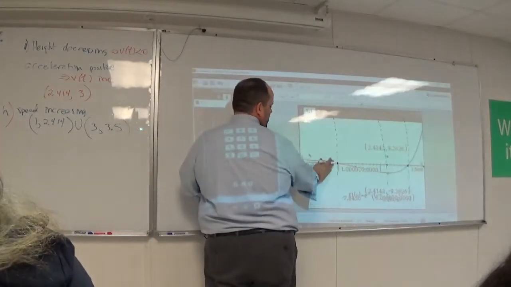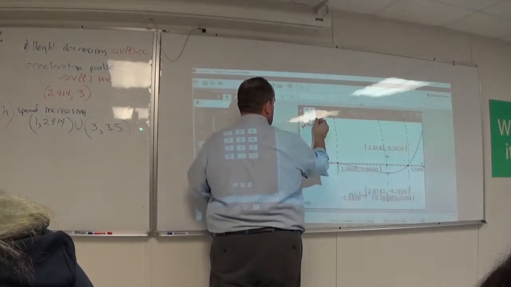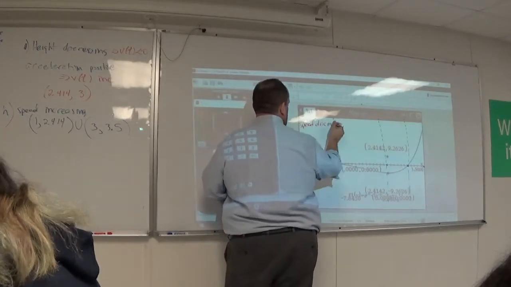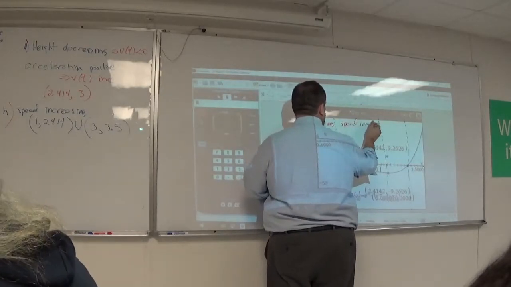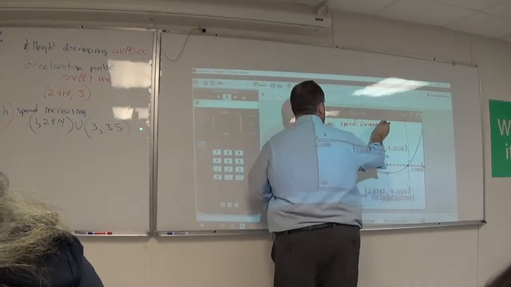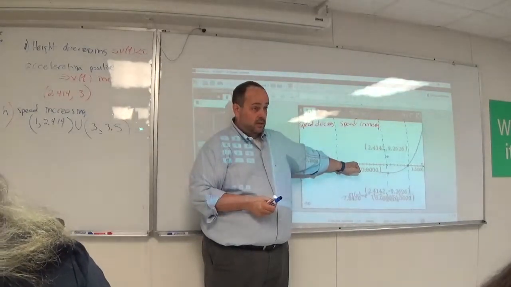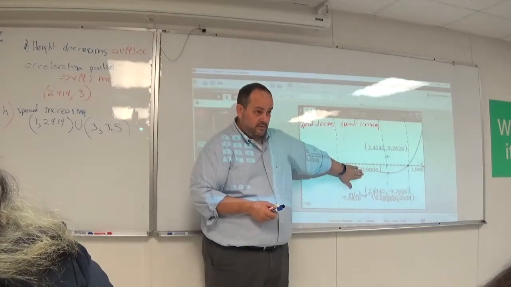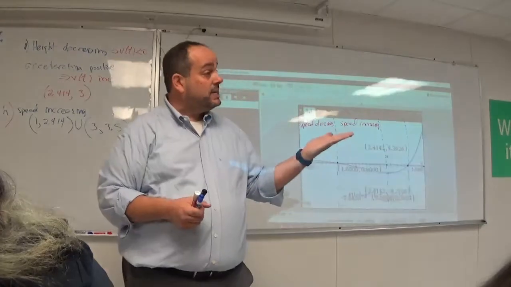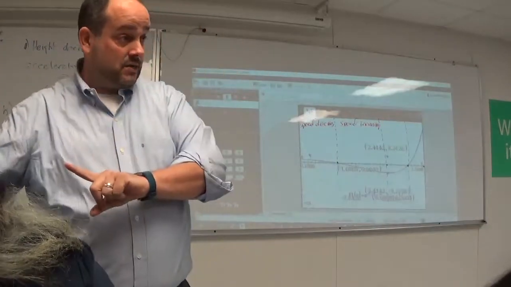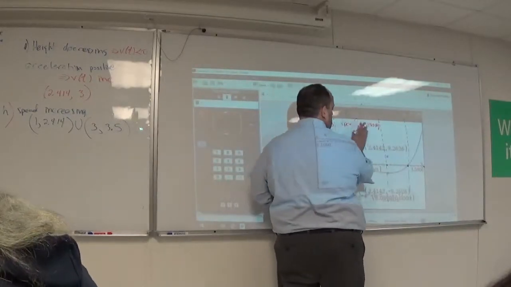What's the speed function doing in this first interval? Decreasing. Speed is decreasing. Okay, over in this next interval, speed is increasing. Now, I want to be careful, because some of you might be like, but wait a second, this function is decreasing. This isn't speed, this is velocity. I'm going to put you in situations where you won't have the speed graph in front of you. You'll have the velocity graph in front of you instead. Rebecca, are you okay?